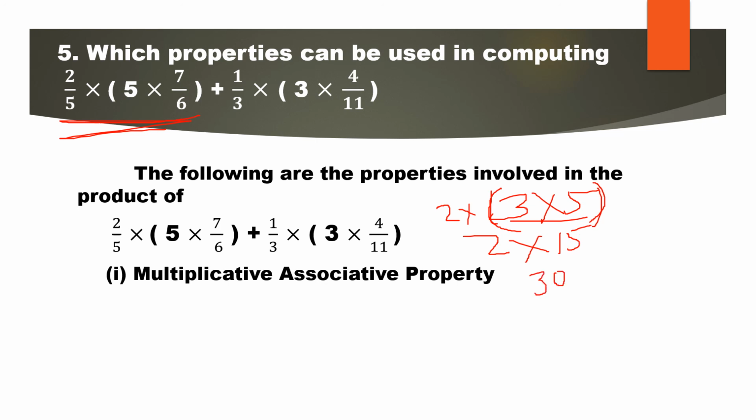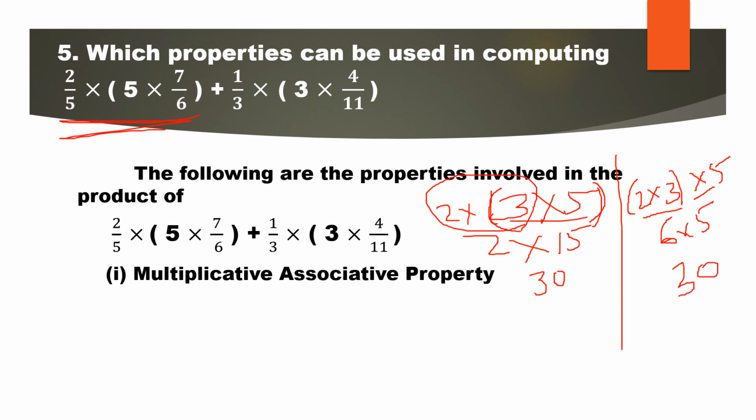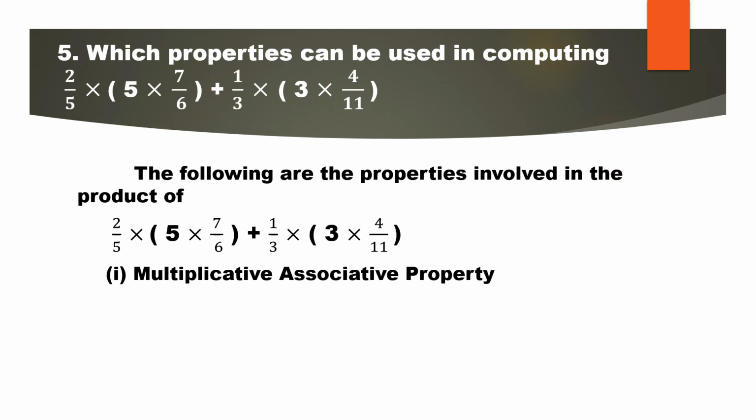Now if you simplify like this, I'll group 2 into 3. Associative means grouping, no? So I'll group 2 into 3 and I'll write this 5 separately. In between the symbol is into. So 2 3s are 6 into 5. So 6 5s are 30. You will get the same answer because the associative property will give you the same answer under multiplication. So here I can say multiplicative associative property. Here also the same. If I group these two and separate this one, and after that whatever answers I got, if I add them, I'll get the same answer. So the property used is the multiplicative associative property.